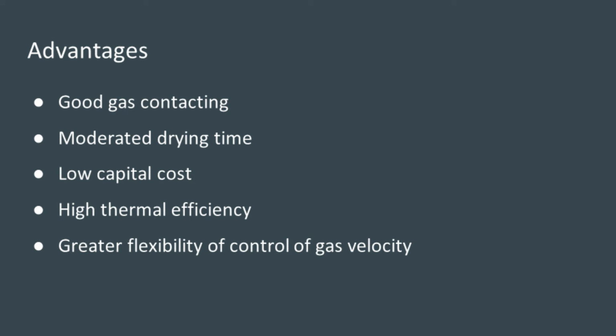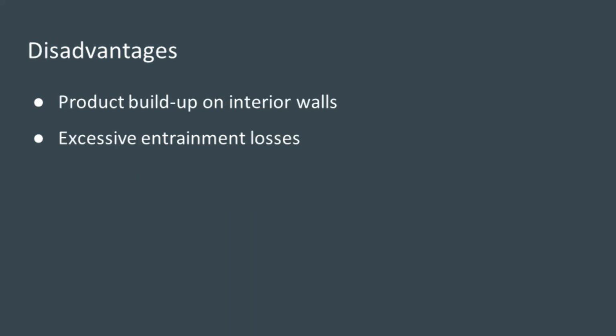In the case of rotary dryer, we can easily control the gas velocity. Disadvantages of using rotary dryer. There might be loss of product due to the product buildup on the interior walls, and also excessive entrainment losses in the exit gas stream is possible, especially if the material contains extremely fine particles or due to high gas